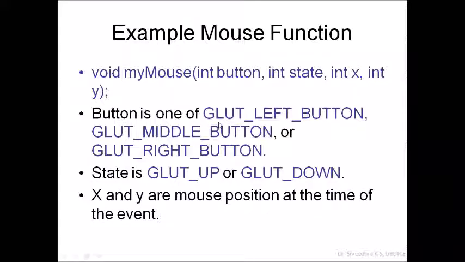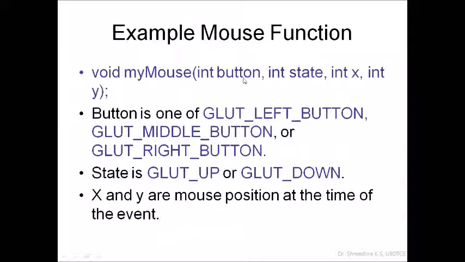Button is one of the options: left button, middle button, right button. Some mice have only two buttons, so then we use only left and right. If the middle button is also provided, you can use middle button support. These are the standard macros that help you catch the button values. Internally they give the values 0, 1, 2, because they are integer values. Next, state. What is the state of that button? Whether the button is in the up position or the down position. That is the state. So for each button, you have different possible states.